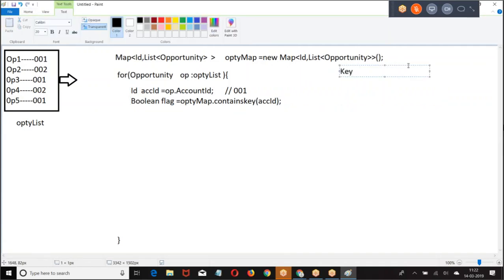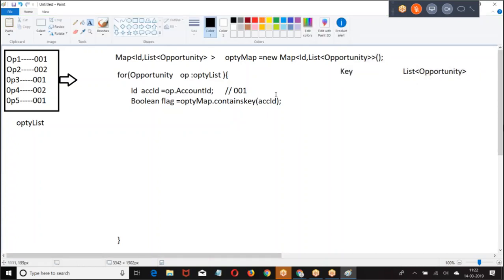Right now, did you insert any value in the map? There is no value in the map, right? So optiMap containsKey. What is the key? ACC ID, 001. Does the map contain any key called 001? No. There is no key.